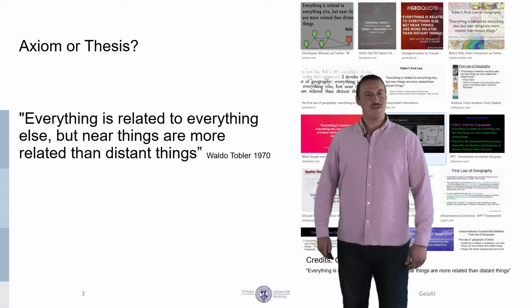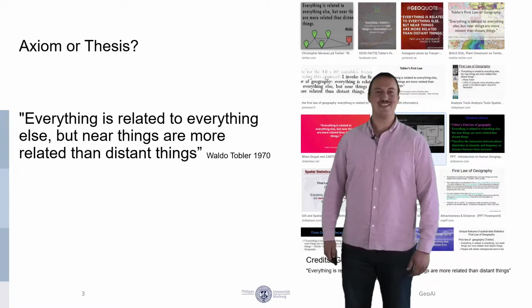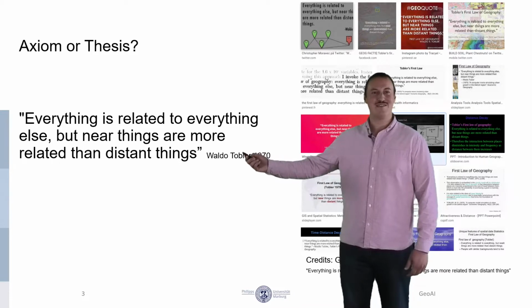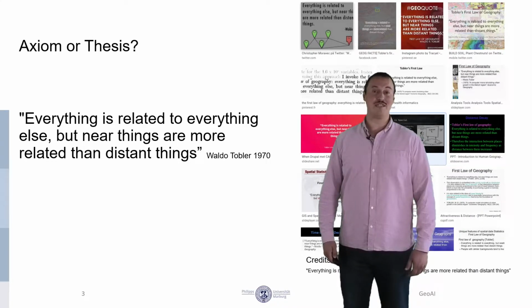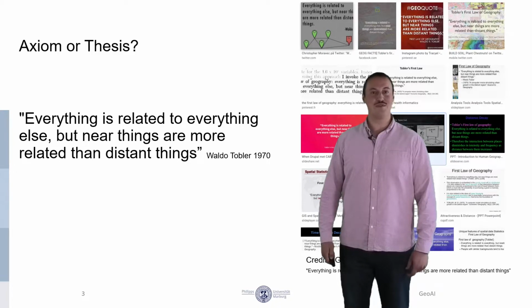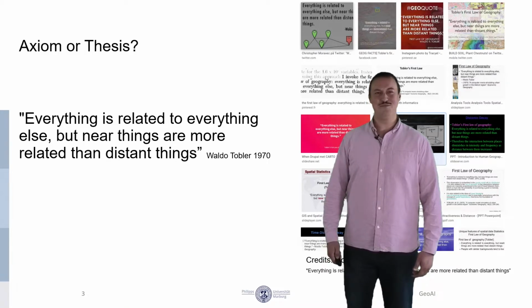There's this important sentence that was said by Waldo Tobler in the 1970s. Everything is related to everything, but near things are more related than distant things. And this is one of the approaches that was important for a long time in geographical thinking. In fact, when you look on the internet and search on Google, you'll get many 100,000 hits for different takes on this idea, that close things are more related than further away things. But even though this sounds really good, here's the question: is it true?